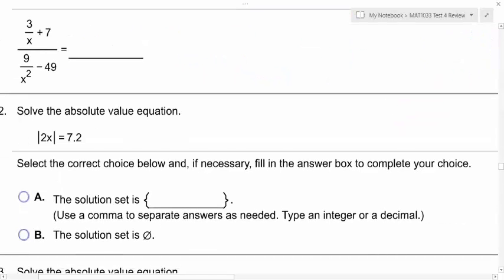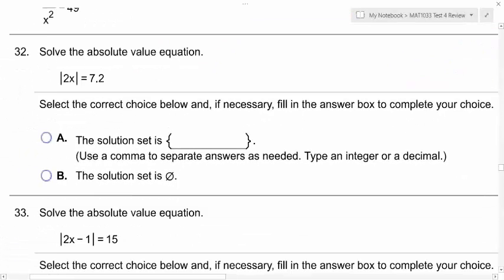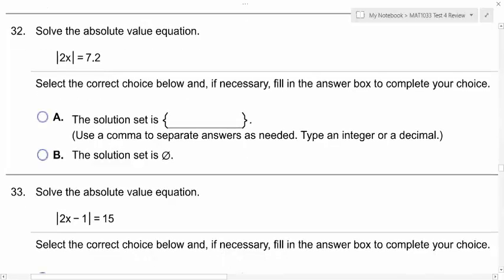Awesome. Absolute value. Absolute value is the distance from 0, right? So we always define absolute value to be positive. So if you're talking about the absolute value of positive 4, it's going to equal positive 4, because if you think of a number line,